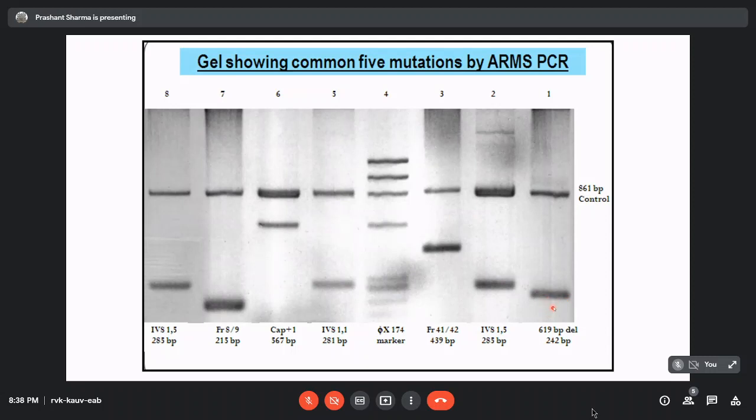So you could ask me that 619 BPD is not a single base pair deletion, right? It's a 619 base pair deletion. It's not a substitution or a missense mutation. So how do you use AIIMS PCR for this? Well, I should say the sheer innovativeness of the person who designed this becomes obvious. The control band, if the 619 base pair deletion has happened, becomes much shorter. It actually starts working like a gap PCR.